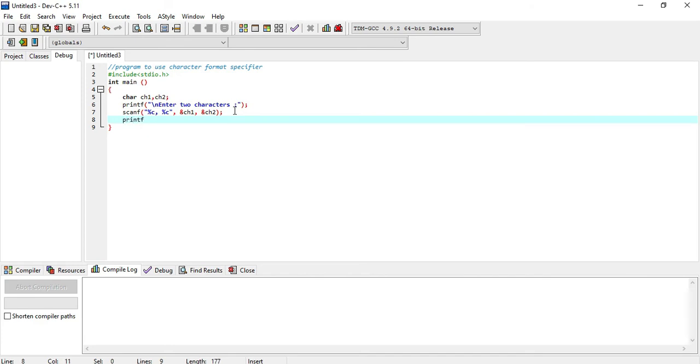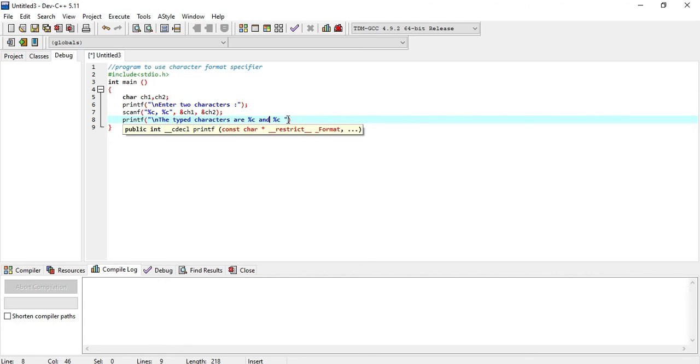Now we will use again printf function to see our final output, that is \n to introduce new line. The typed characters are %c and %c, for this first one and this for the second one.